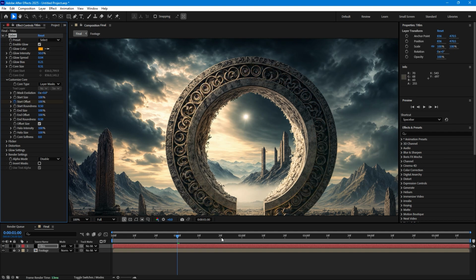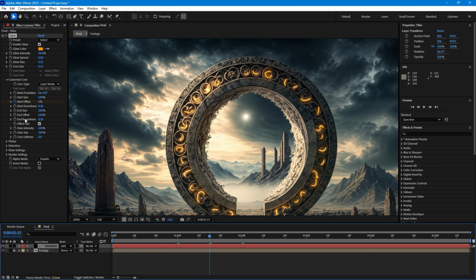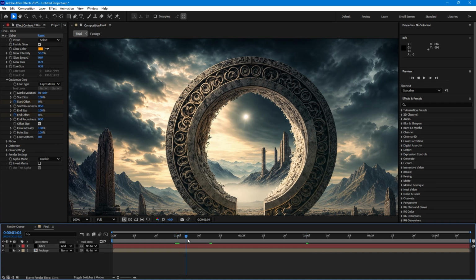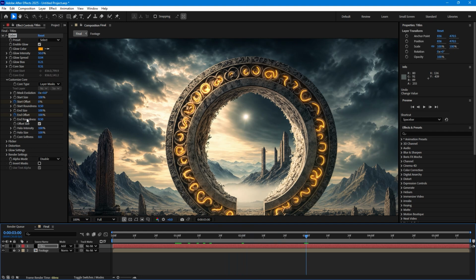stopwatch and go to second two, make animation and go to second one 15 frames, stopwatch end offset, go to second three, play now. Here it is. So I now turn off the end offset,